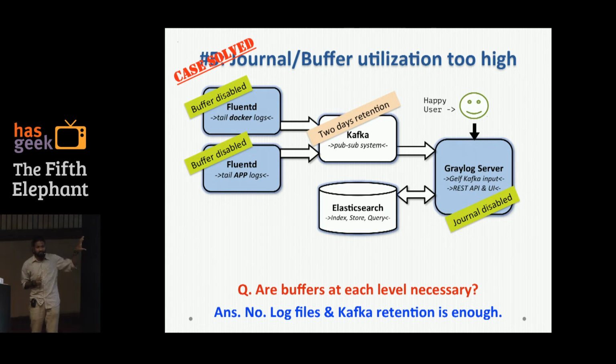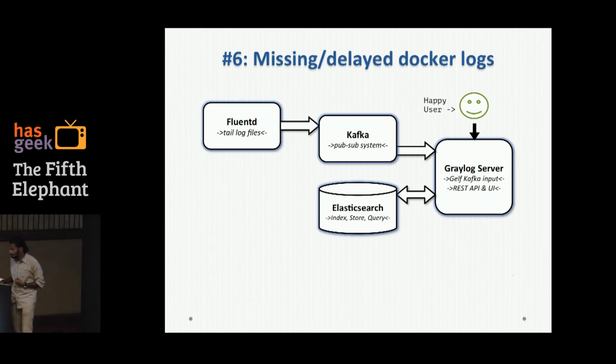Again, we got into another problem: huge log messages. Now, any idea what could go wrong when we receive such huge messages? Elasticsearch indices are powered by Lucene, which supports a max of 32 KB. I saw a message which was 3 MB, a single message. Of course, it will raise an exception, and Graylog